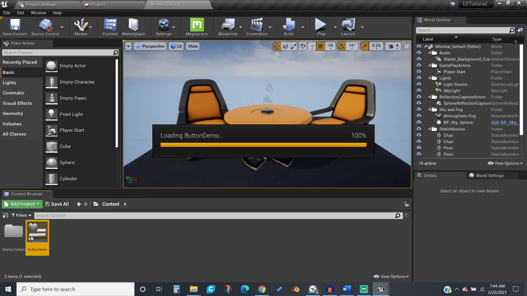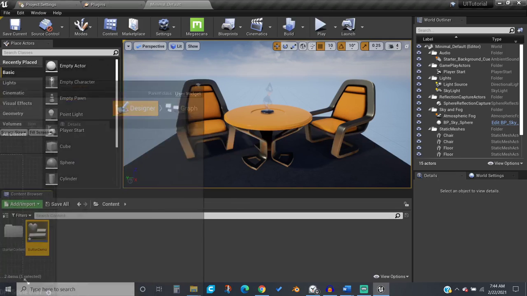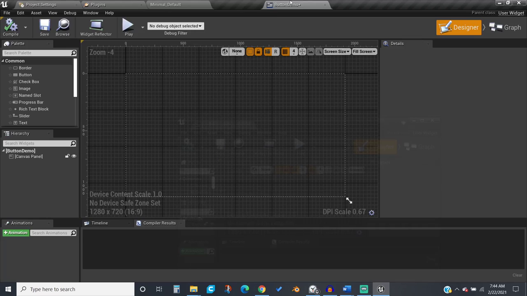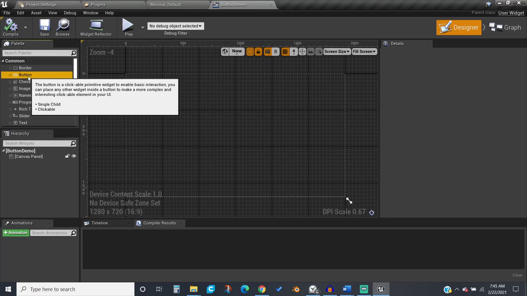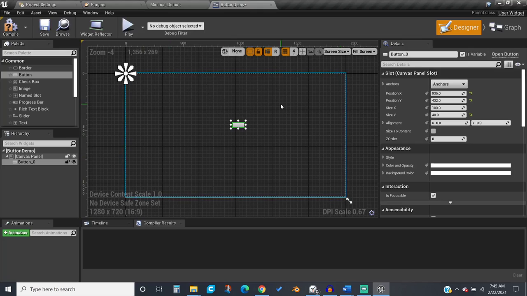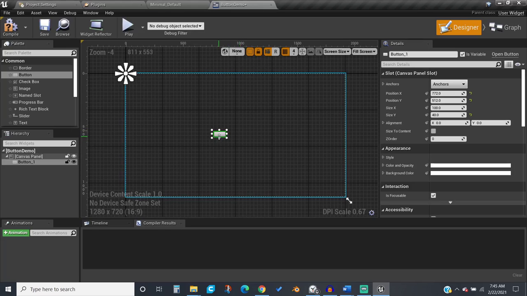And if you open it up, this is like a canvas with nothing in it, and here under the comments section, if you drag in a button, there's a button. Okay, and I'm just going to drag in a button and scale it up